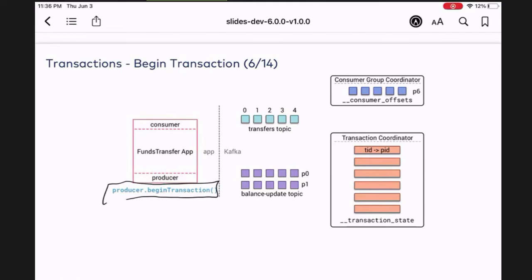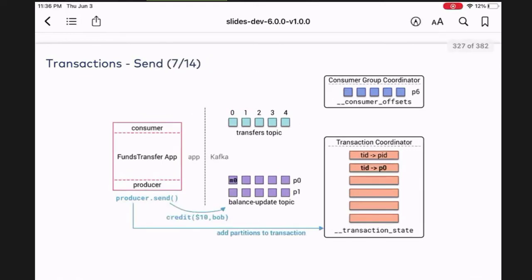But so now we begin the transaction to transfer money from Alice to Bob. And here we say we want to start. In this case, the part of the API is going to say, look, we want to be able to add these partitions to the transaction. So in this case, notice that the message M0 is now written to P0, partition 0. And so partition 0 is now added to the transaction. Again, just a high level detail to say, look, now we're adding this as part of the transaction.